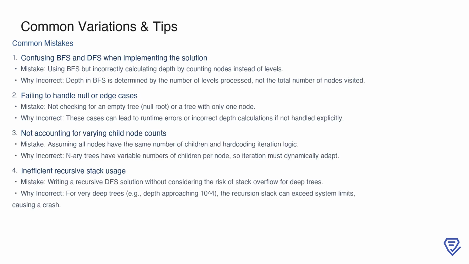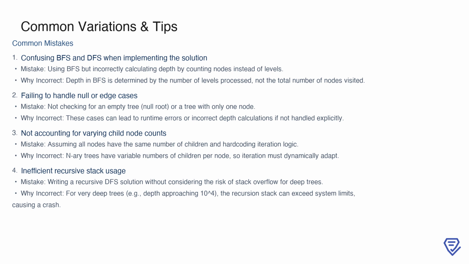When working with this problem, there are a few common mistakes you should watch out for. One of the most frequent is confusing BFS and DFS when implementing your solution. If you're using BFS, remember that depth is determined by the number of levels processed, not the total number of nodes visited. Misinterpreting this can lead to incorrect results. Another common pitfall is failing to handle null or edge cases. For example, not checking for an empty tree or a tree with only one node can lead to runtime errors